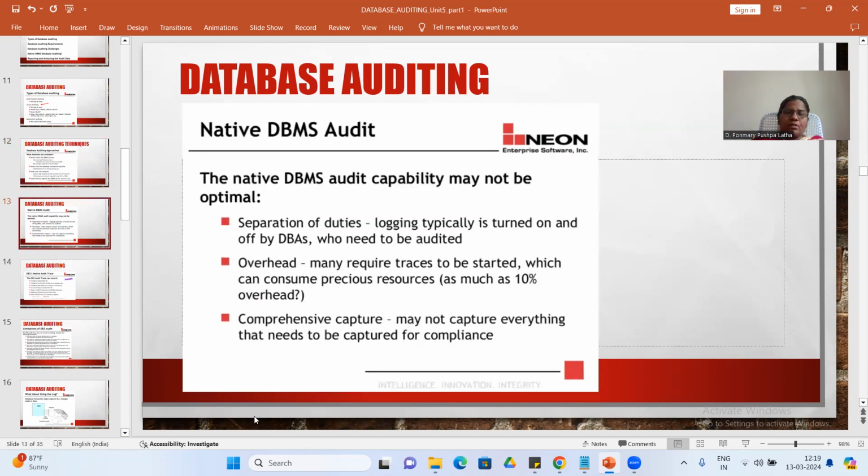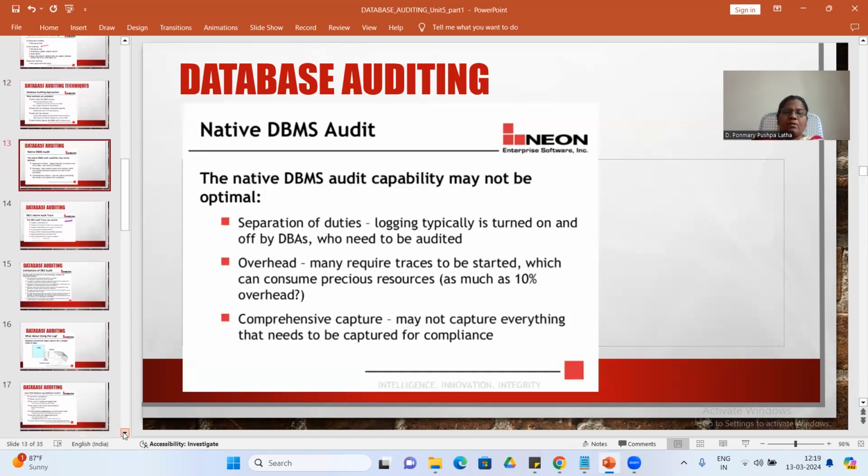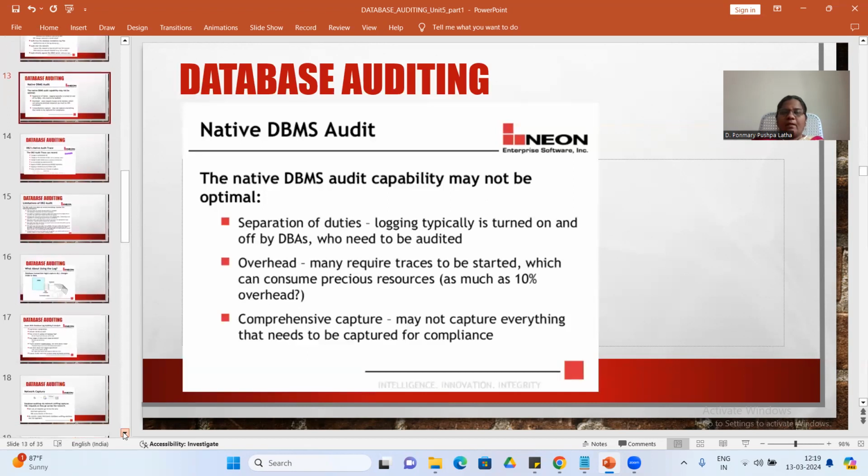Now, native DBMS audit. If suppose you have 1,000 records, you need not audit everything. Certain things are important, and those alone you have to audit. That is separation of duties: which one is to be audited.